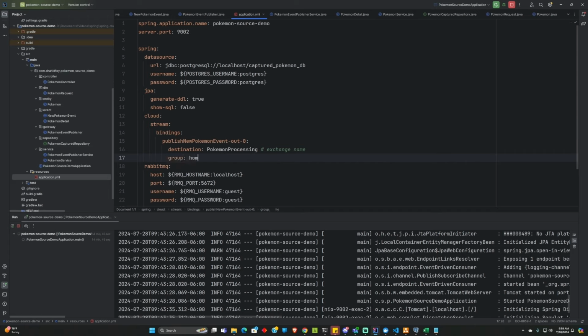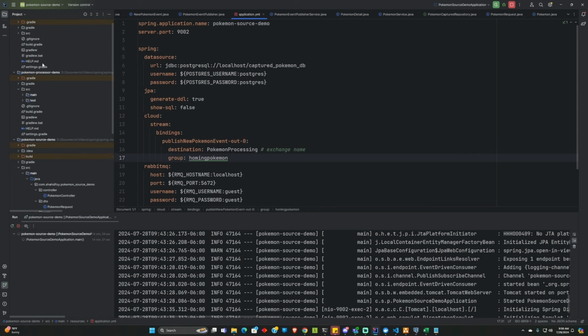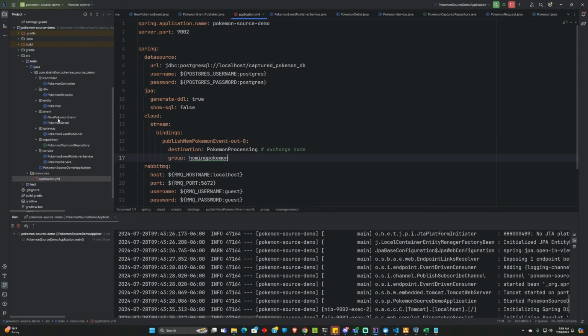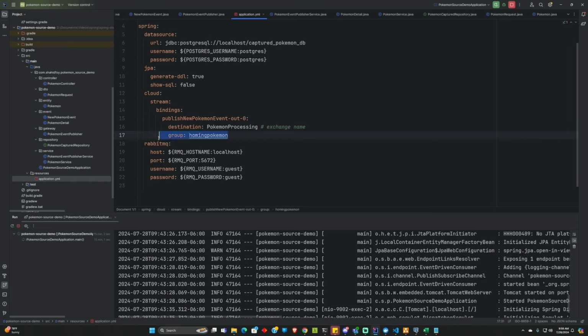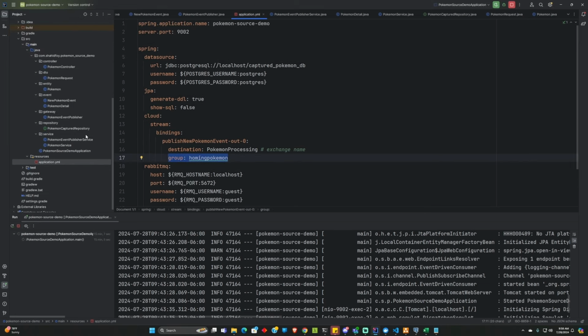So we're going to group this in homing Pokemon. So throughout the Pokemon setup, we will be using the homing Pokemon group. So I'm going to go ahead and save all. I think that's everything we have set up. Let's go ahead and